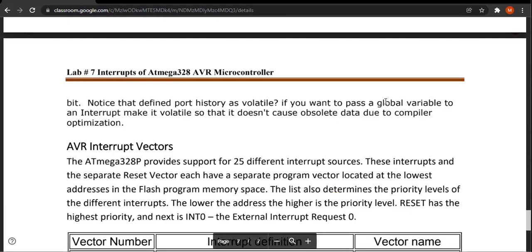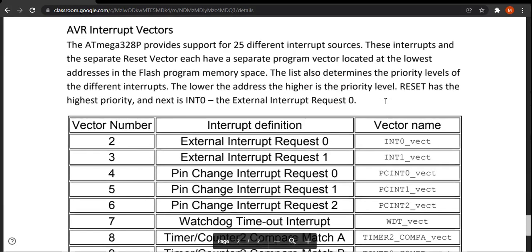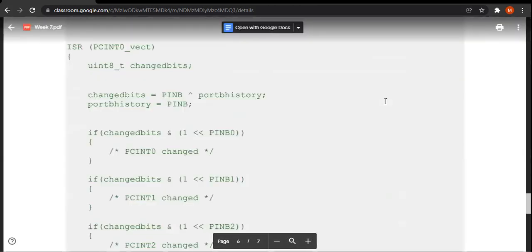You can see the interrupt vectors. Vector number 2 means external interrupt request 0. INT0_vect is a vector name that is used in the programs.